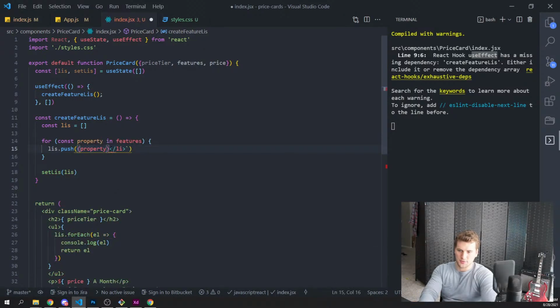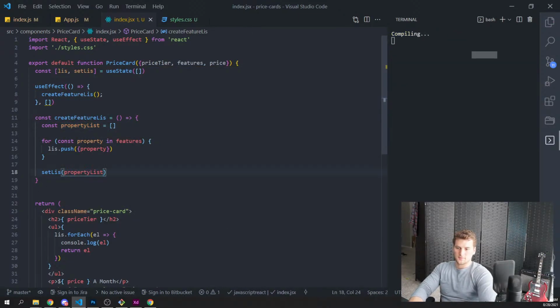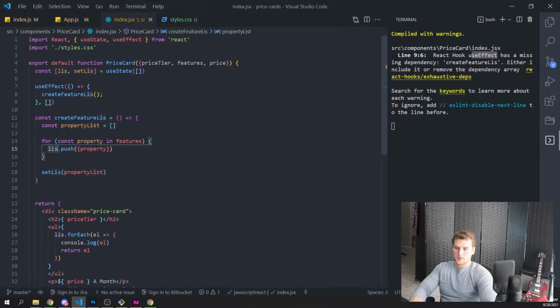We can just push the property, we could say property list, and then add that. There's no Y there. Ah, there we go. Now it's spelled right. And then we want to push that.